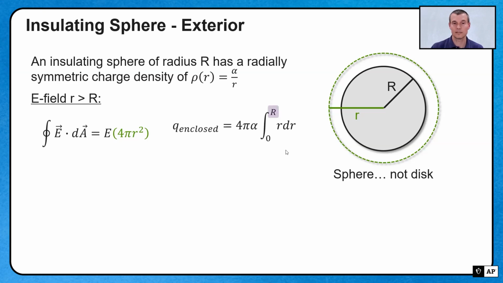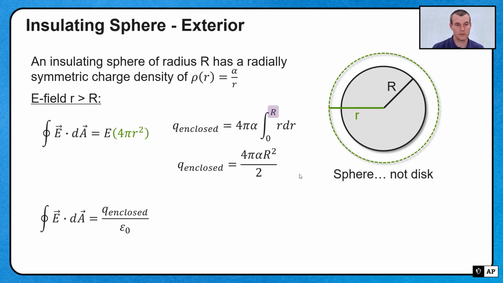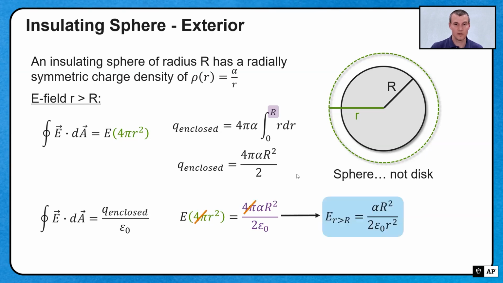And then we have our right side, which as much as we might think it's a bunch more work, it's not, because we've already done it. Now I'm just changing my bounds. Instead of integrating to r, little r, I'm going to integrate to big R, which is the bounds of my sphere. When we do that, we're going to get this equation, as you can look back to the calculus from before. And we put this all together, we're going to notice that this time my 4 pi's cancel, and instead I'm left with